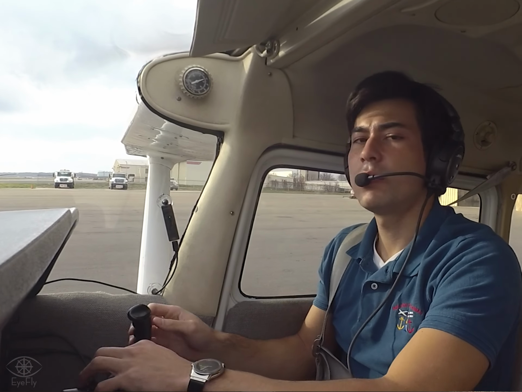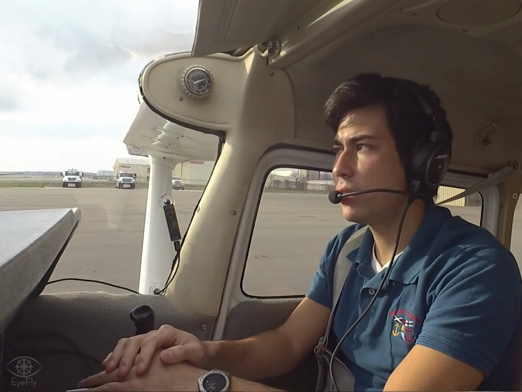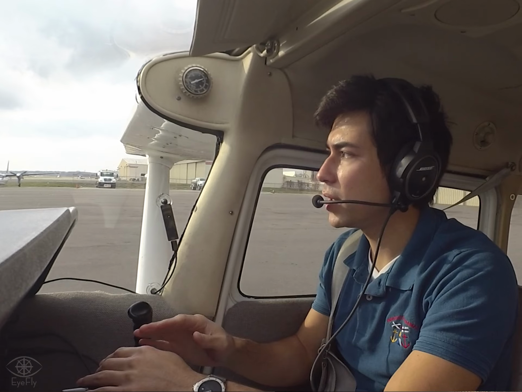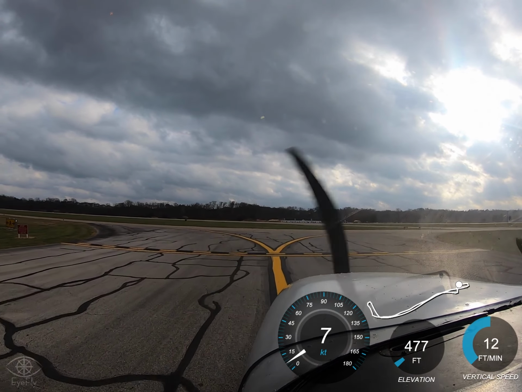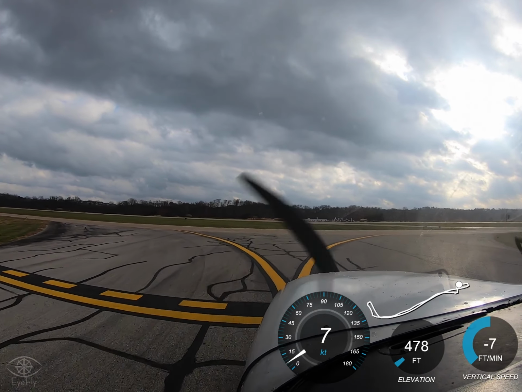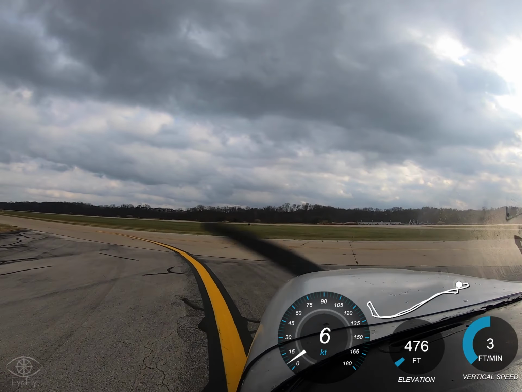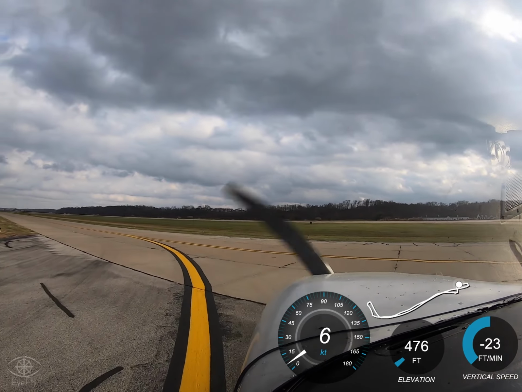Alright, so we're cleared to taxi to the runway here based on what runway they're using and what our direction of flight will be. Clear left, clear right, so we're going to clear and we're going to listen to the frequencies too to make sure nobody's getting an instruction that might